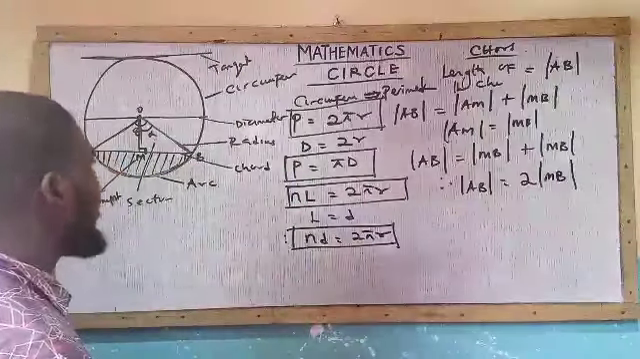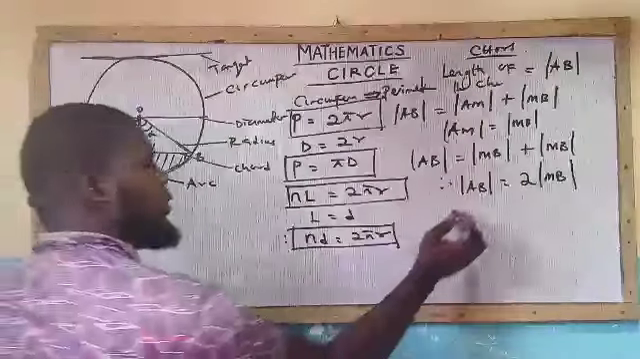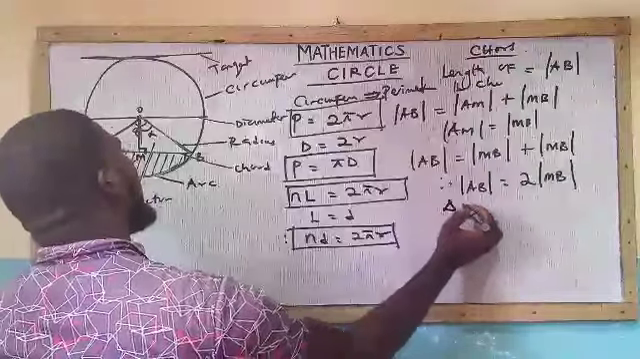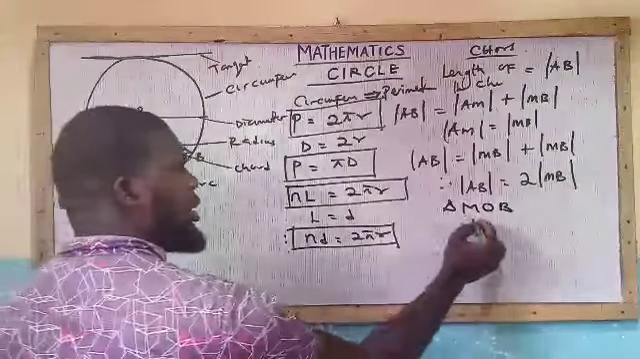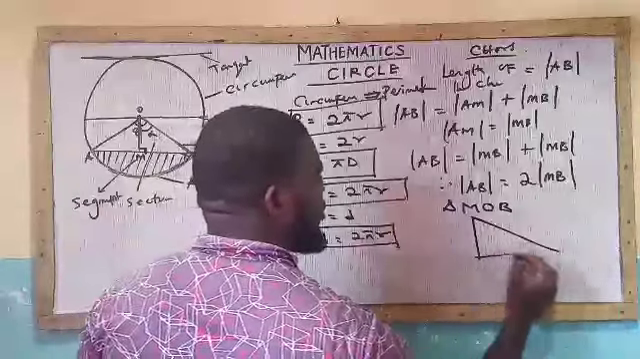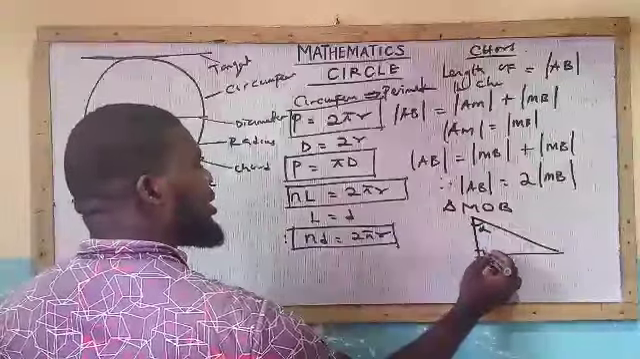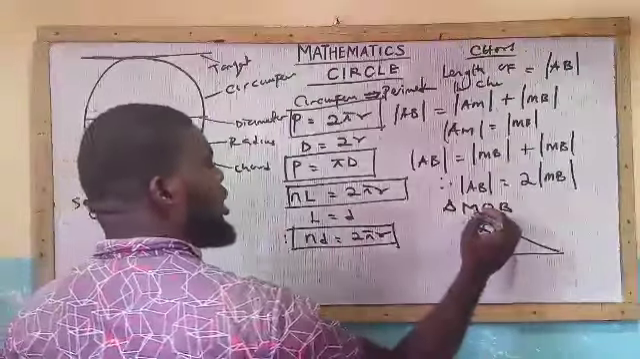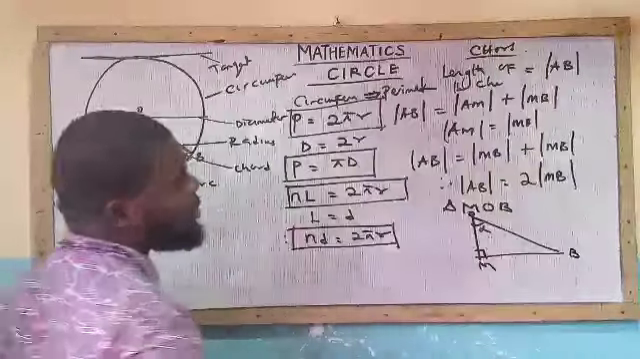Now let's quickly see, if I bring out just this part of the triangle, triangle MOB, this is what I'm going to have. This is alpha, here is at 90 degrees, this is point O, this is point B, and this is point M. Considering